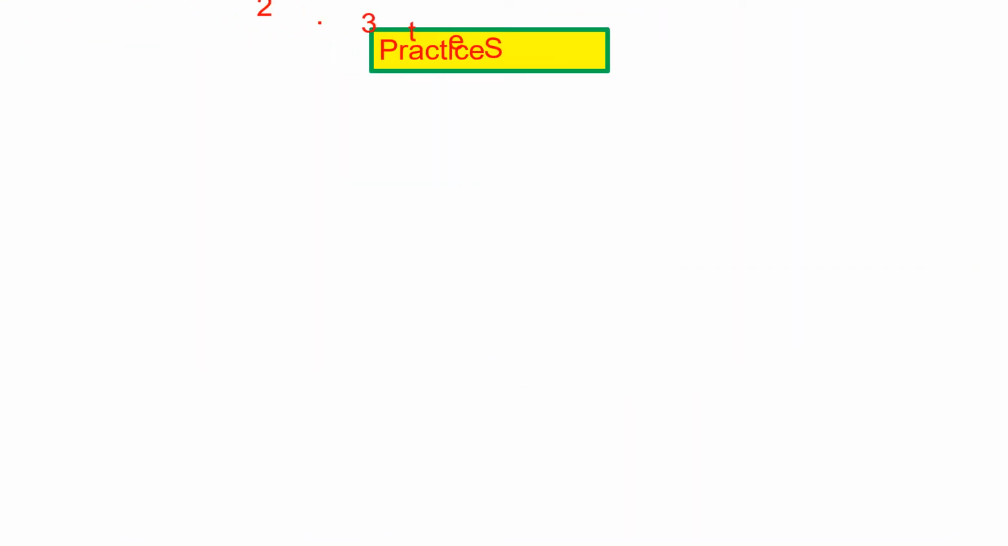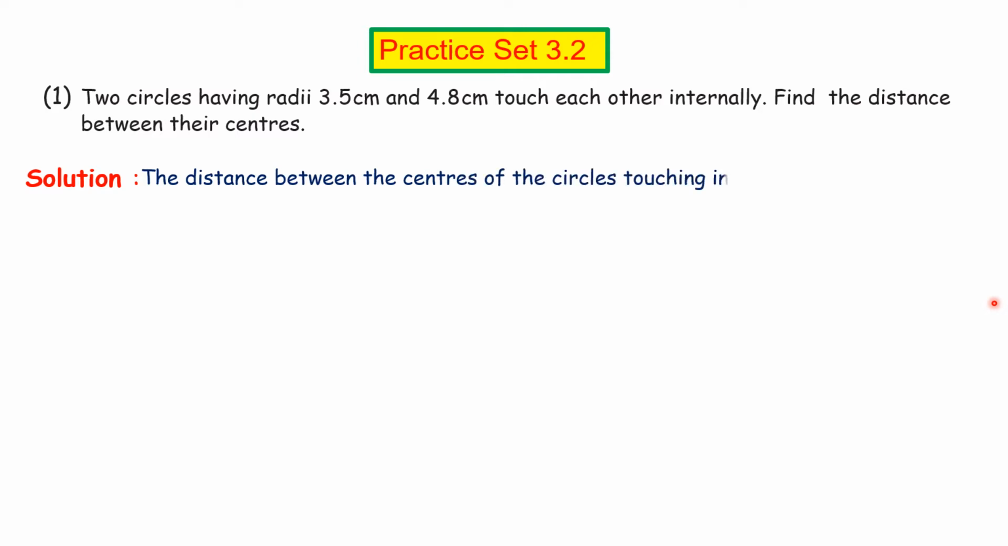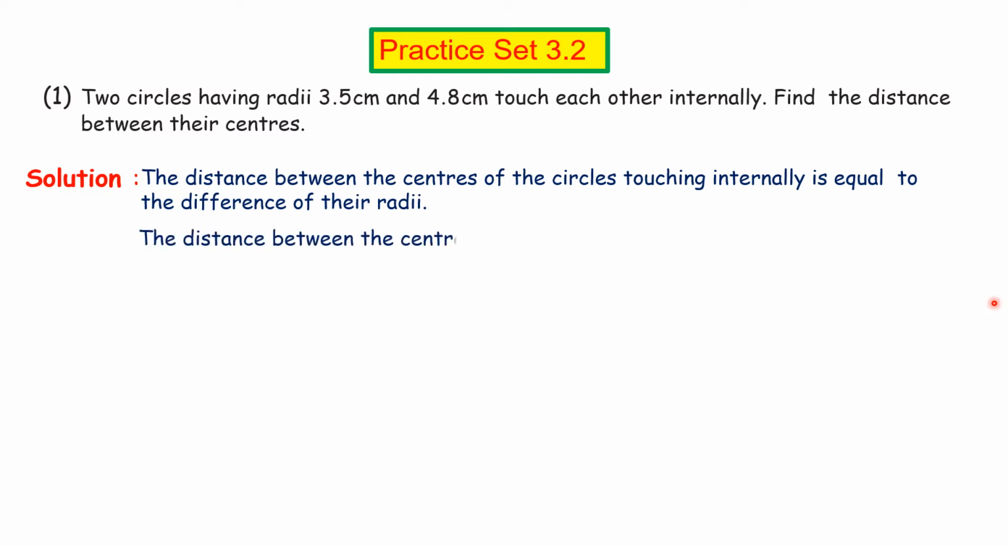Practice set 3.2. First example. Two circles having radius 3.5 cm and 4.8 cm touch each other internally. Find the distance between their centers. This is a 1 mark question. Write down the property: the distance between the centers of circles touching internally is equal to the difference of their radii. Therefore, the distance between the centers is 4.8 minus 3.5 is equal to 1.3